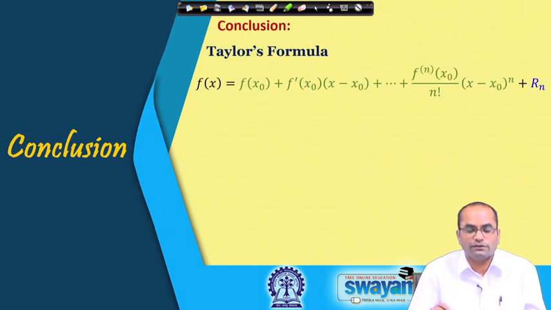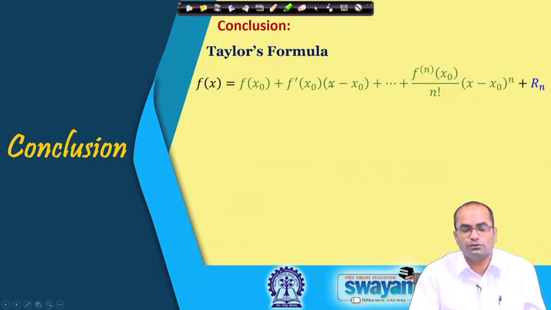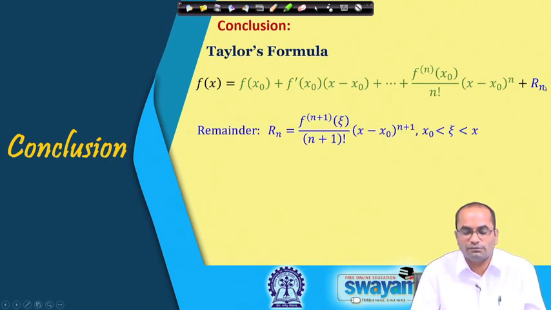So, what we have learned today is Taylor's formula, a very important topic in differential calculus. A function which is smooth enough, we can write down as f(x0), f derivative at x0 times (x minus x0), and so on, plus this R_n(x) term which is called the remainder term, and this is one form of the remainder term: the (n plus 1)th derivative divided by (n plus 1) factorial times (x minus x0) to the power n plus 1.